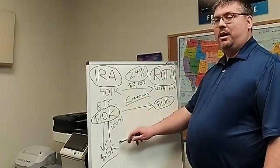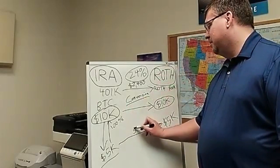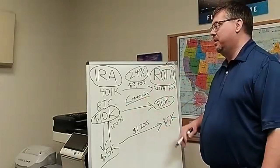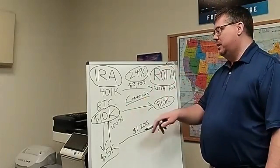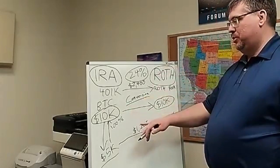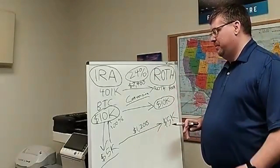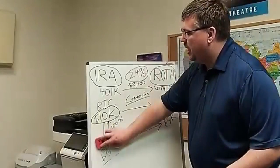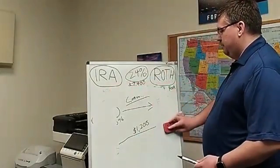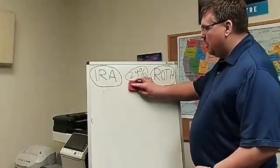But if at that point in time those holdings dropped to $5,000, since we cut that in half, now you're looking at a $1,200 tax hit, or a 50% savings by doing the Roth conversion from traditional to Roth with the depressed value. And there have been a number of instances where this might have been beneficial. Now, I'll give a few examples that I've taken advantage of in the past. So years ago,